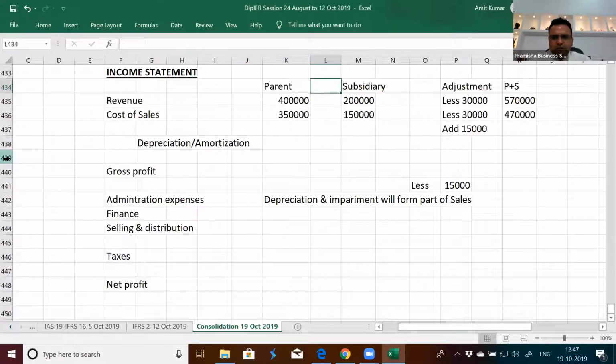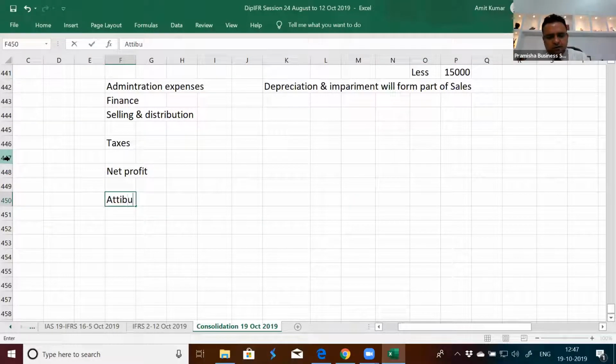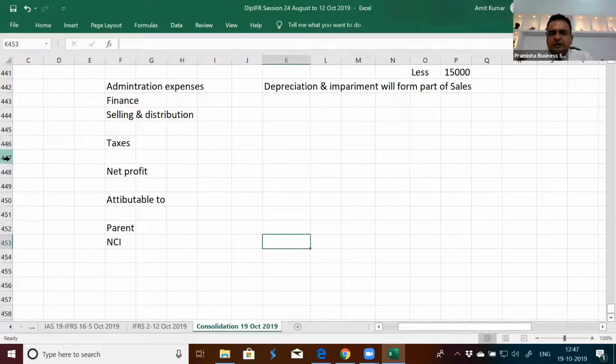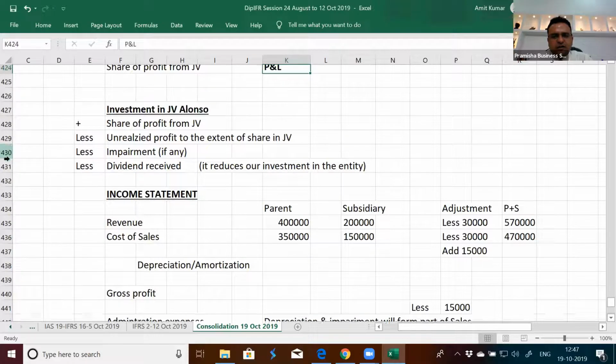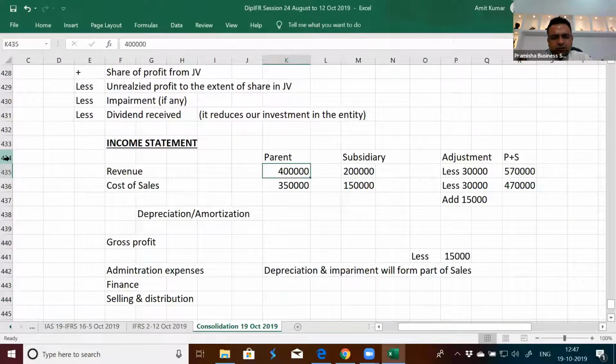Once we have the net profit for the year of P plus S, we'll have to divide it. It has to be attributable to parent as well as NCI. The NCI's share will be picked up directly from the information given to you, and any remaining will be the balancing figure in the parent. The NCI's profit will be the profit from the subsidiary's books. So we'll pick the figure not from the adjusted figures. We'll pick the figure directly from the